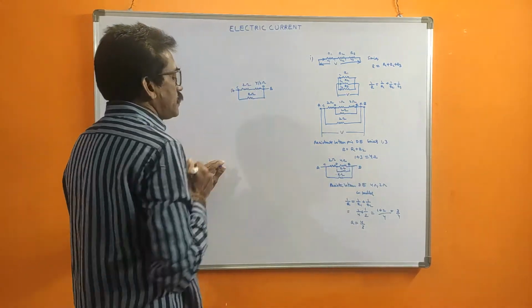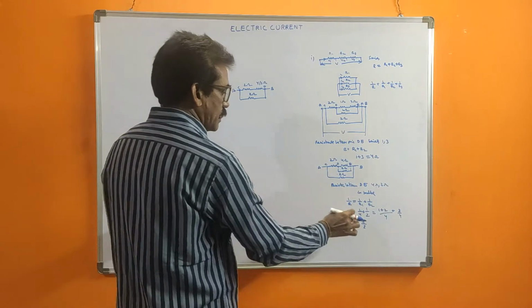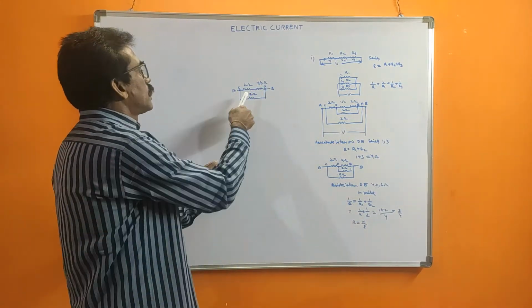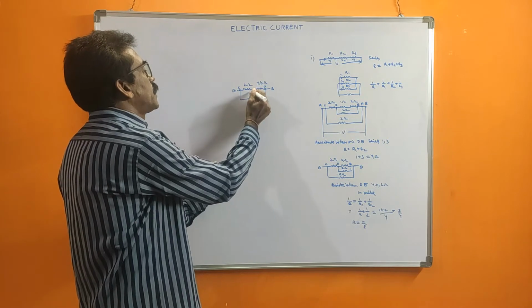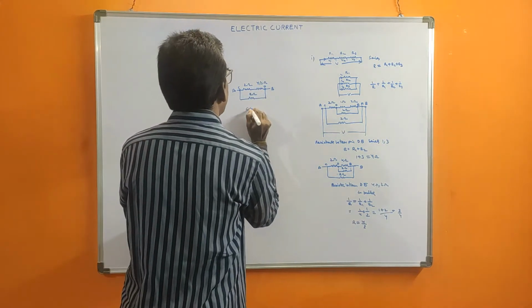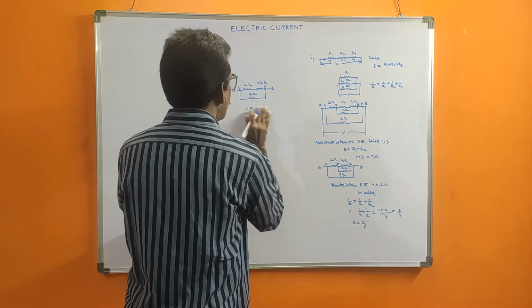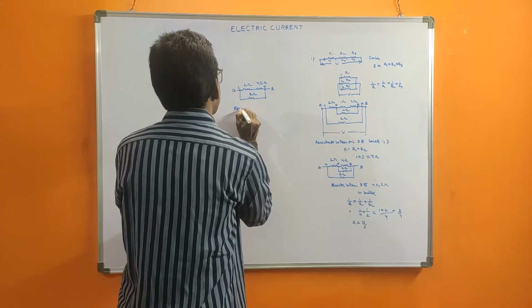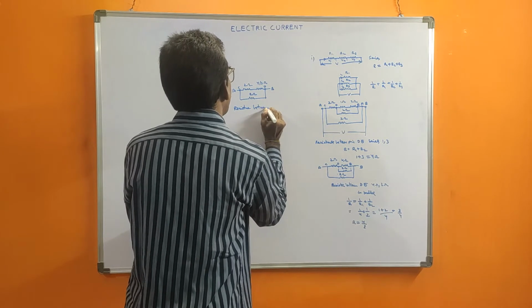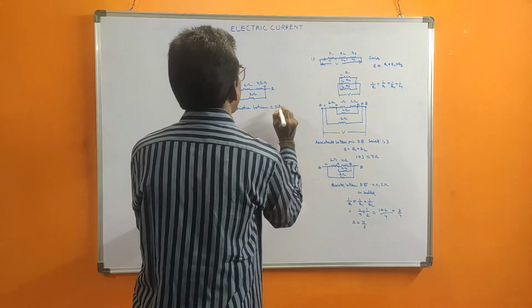So this is the next diagram. The effective resistance R by 3 we wrote here, 4 by 3 ohms. Now if you observe, these two are in series because in the middle any connection is not there. So these two are in series. Now C to D, the resistance between point C to D, that only, C to D you write.